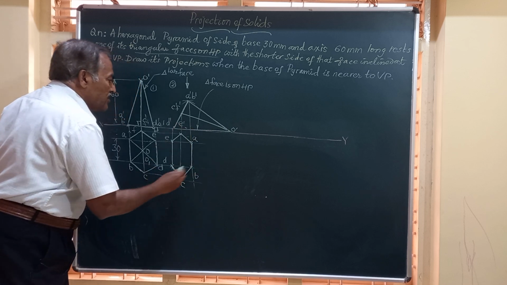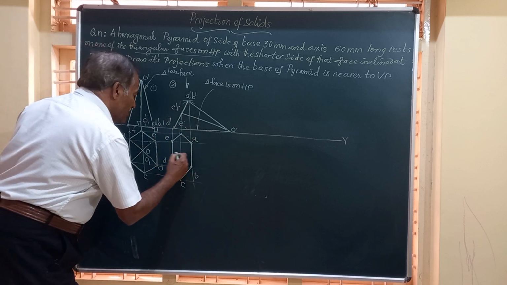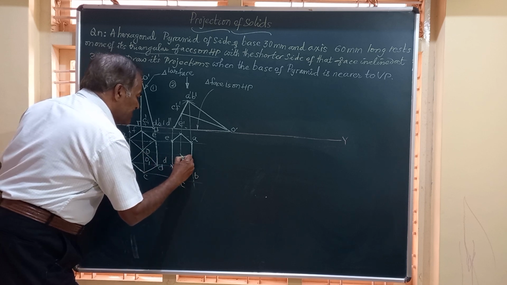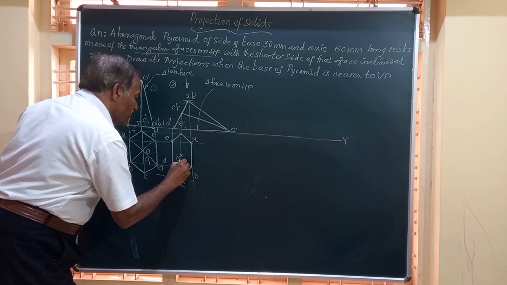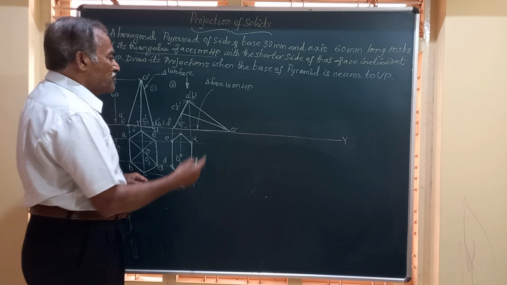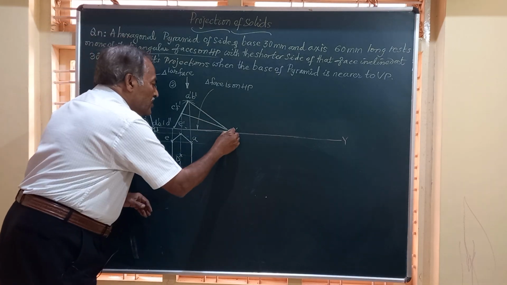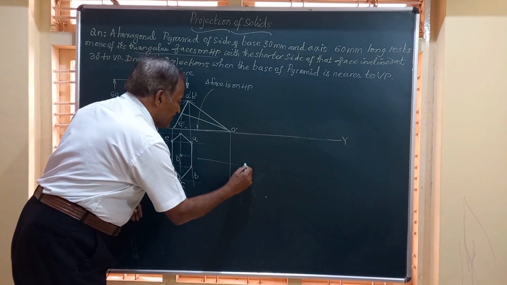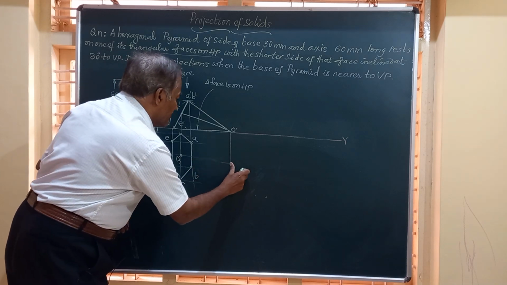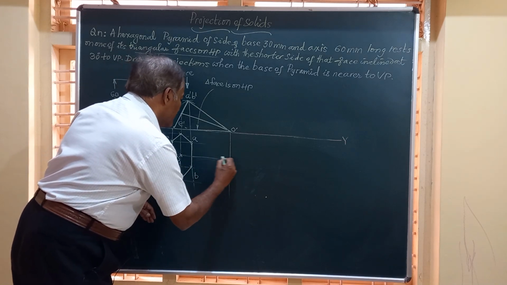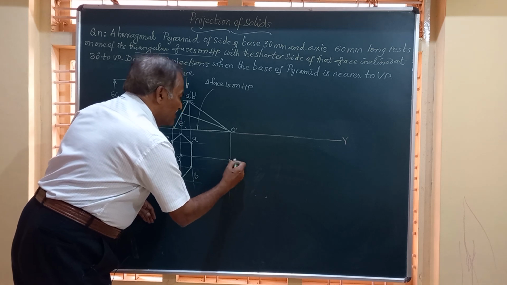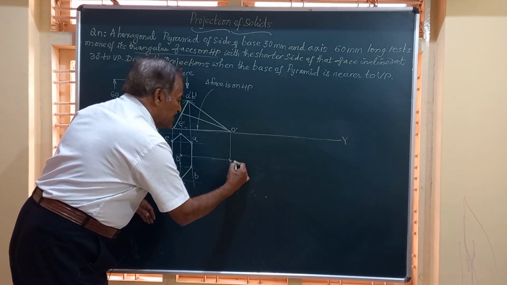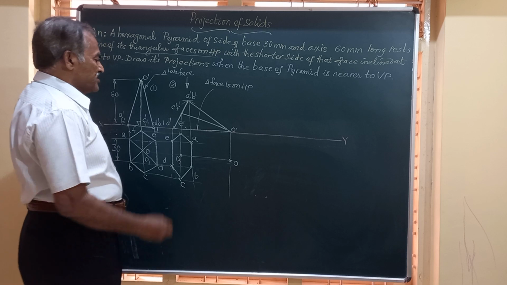Friends, we have got the complete base of the solid, and the center of that is here. We will call it O1. Now let us obtain the vertex in the top view. Draw a vertical line from there, a horizontal line from here. The point of intersection of these two will give you the point O, that is the top view of this